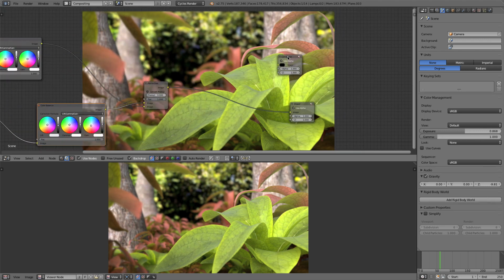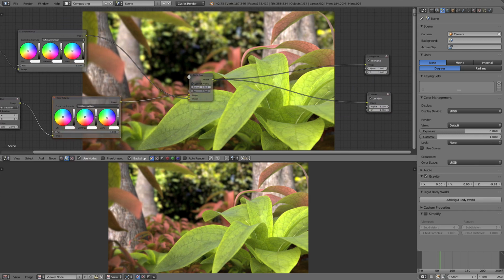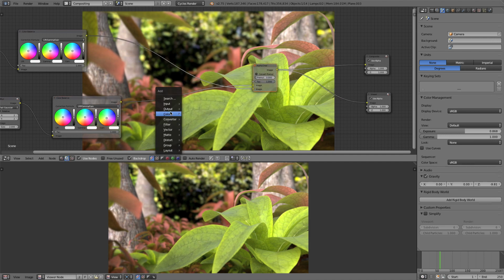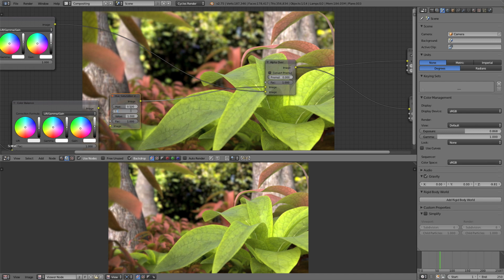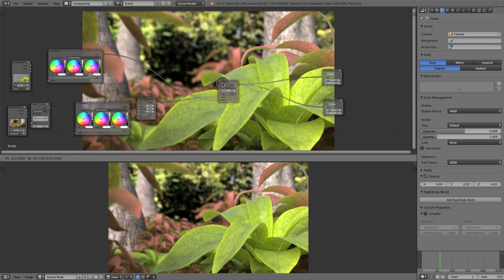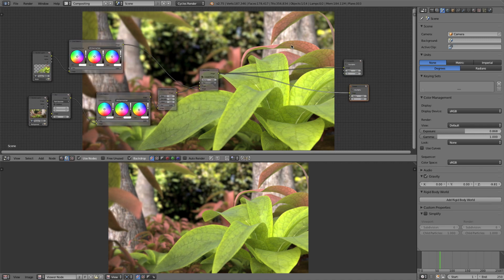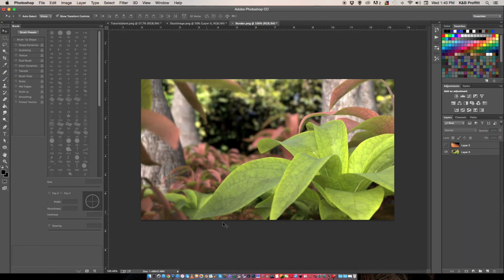Okay, so now what we want to do, you could call that good and just say, yep, I like it, that's finished, and you could maybe add a few more nodes. For instance, you could go hue saturation for the background and desaturate this a little bit, and that would really help the focal point to sort of pop a little bit more. But what I'm going to do actually is save this image out as a final render and then take it into Photoshop. Alrighty, so here I have my image inside of Photoshop,